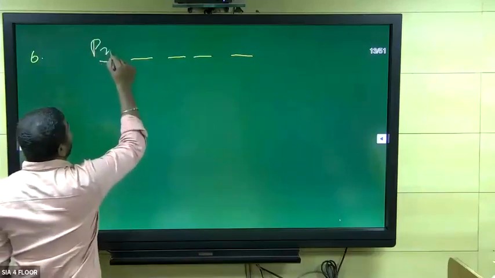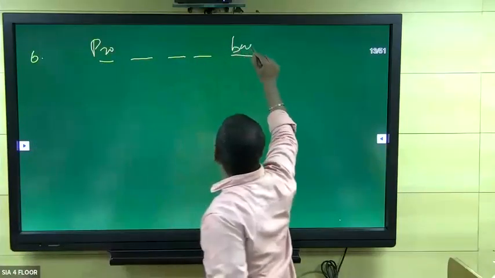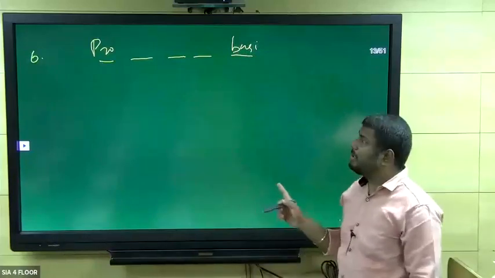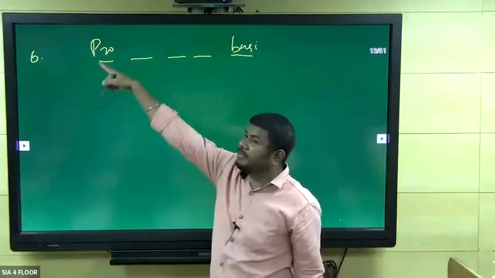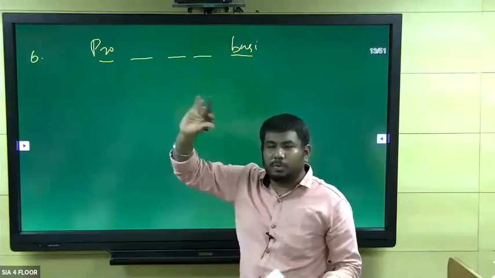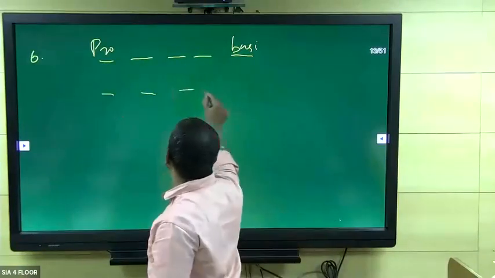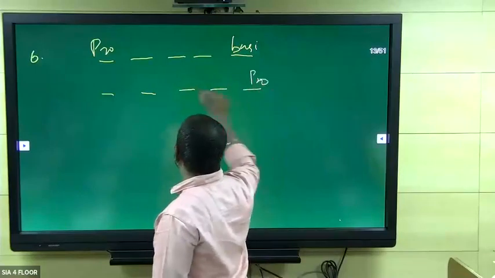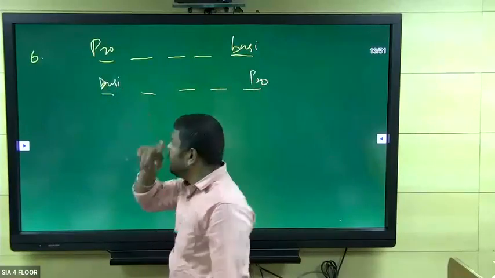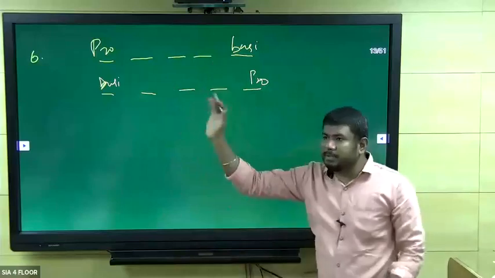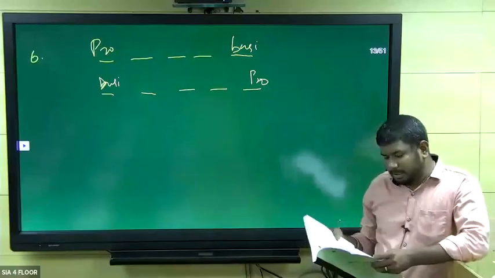So I'm going to take professor here and businessman here, okay. But they did not mention who is at the extreme left or extreme right. So one of the extremes is professor and the other businessman. So another possibility will be like this: professor, businessman. Is that clear? Okay. So what is the next one?